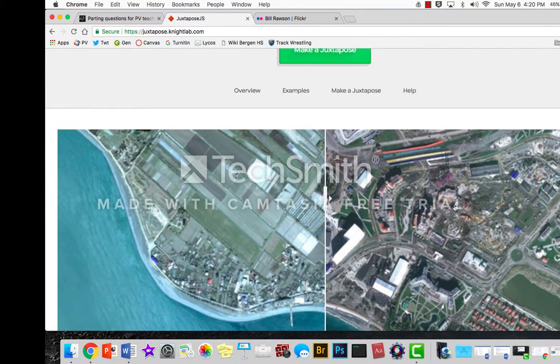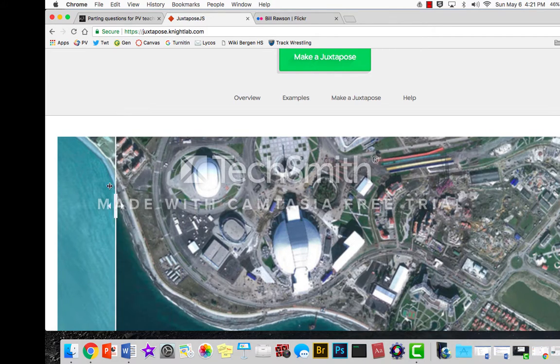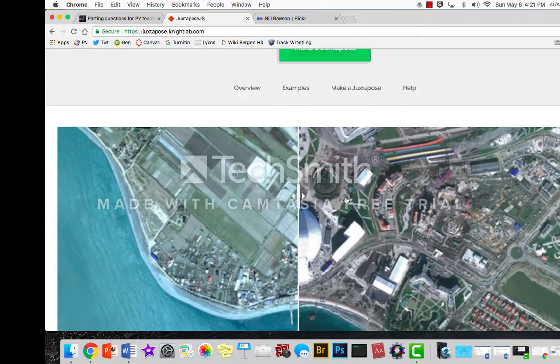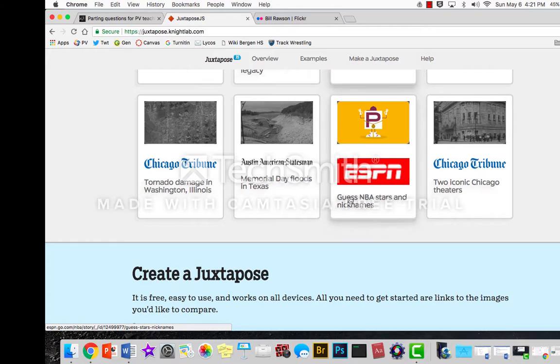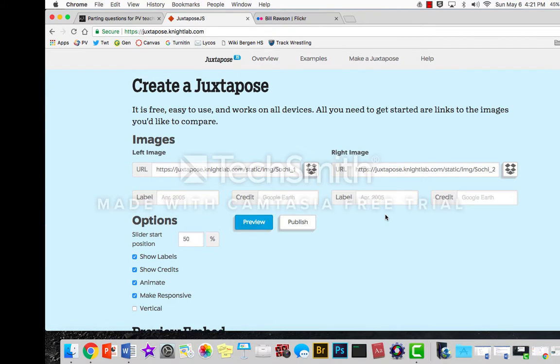So here we're in the program, and this is an example that they give you here on Juxtapose. It's an overhead of before and after of a geographic location. Now if we scroll down, it gives you more examples here, and then it says create a juxtapose, and here's where you will put the 2 respective